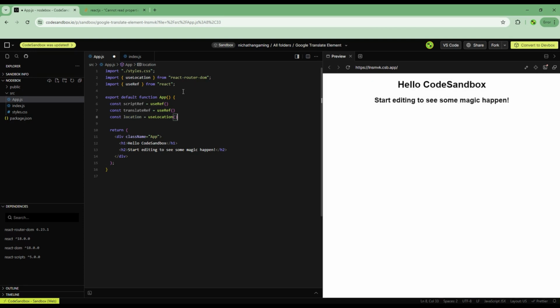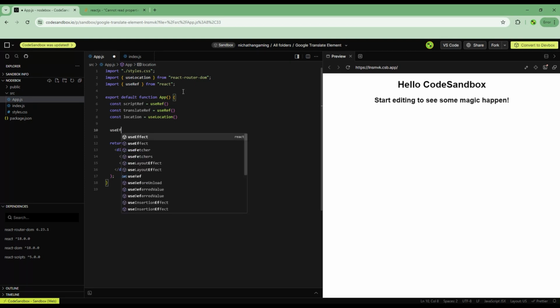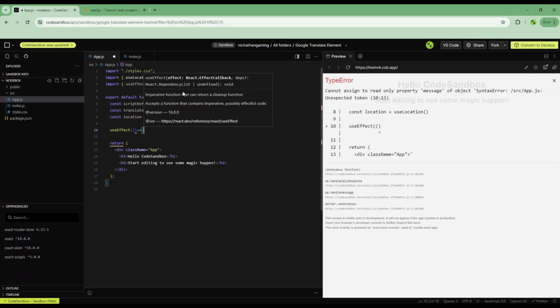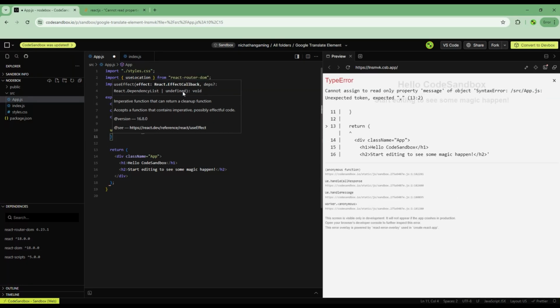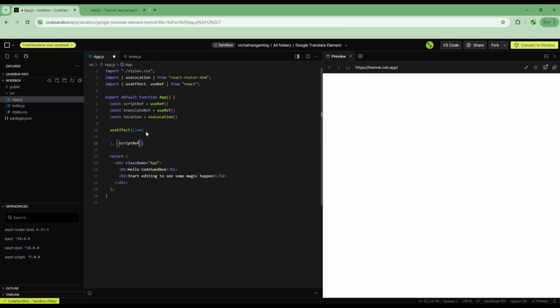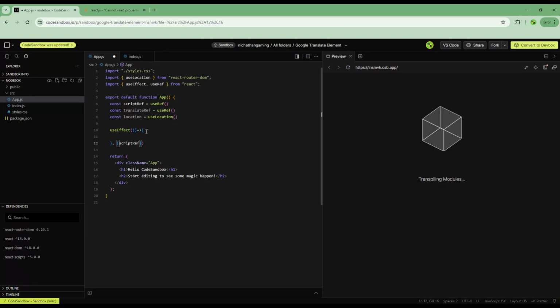Now we are going to use a useEffect. So I'm going to say useEffect. This is what is going to initialize our stuff. Let's just say stuff. This is going to initialize our translate. Okay, so inside of this, I just want it to load on the scriptRef,